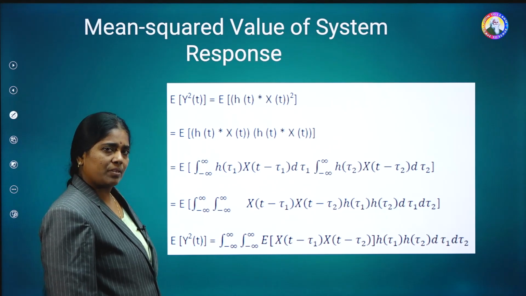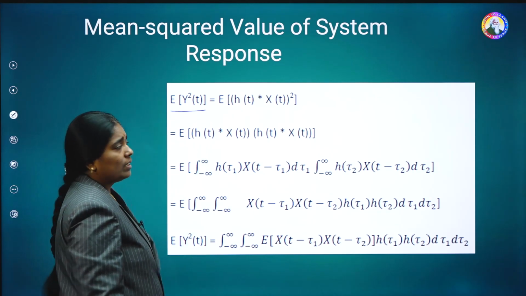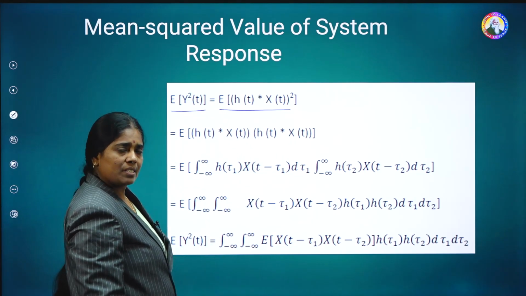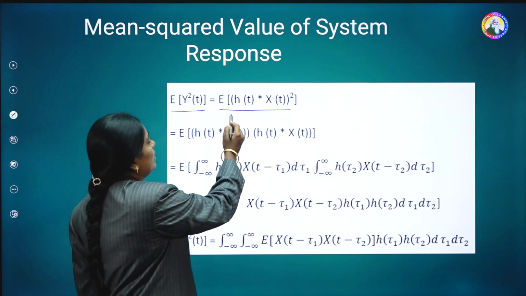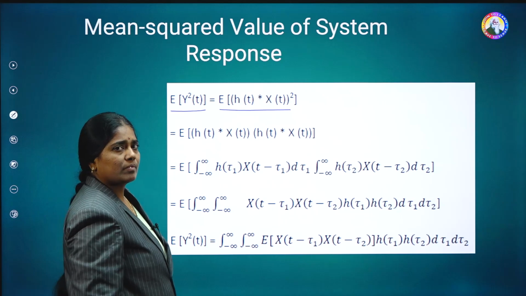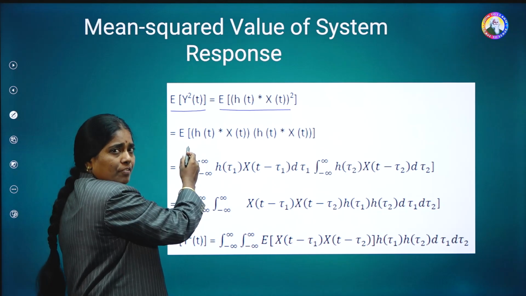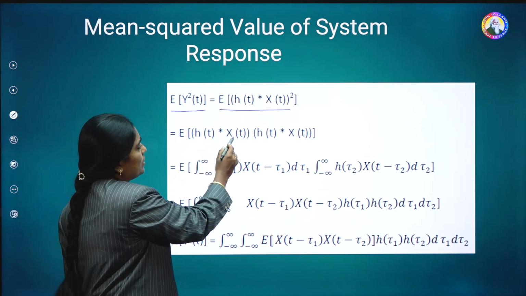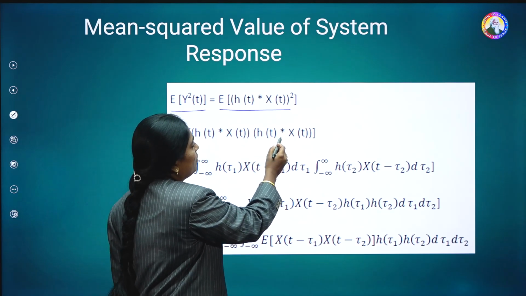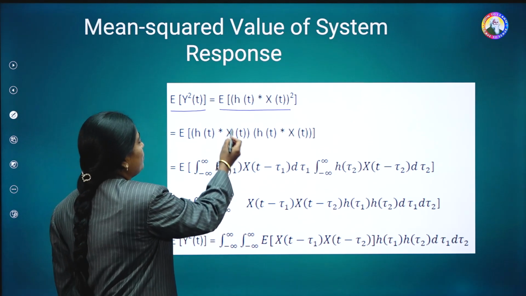Its mean square value is given as E of y square of t. That is equal to E of, substituting the y of t value, which is nothing but the convolution of h of t and x of t, whole square. Then the next step, this whole square can be written simply as E of h of t convolution with x of t, one more time written as h of t convolution with x of t. In terms of integration, this convolution formula can be written as